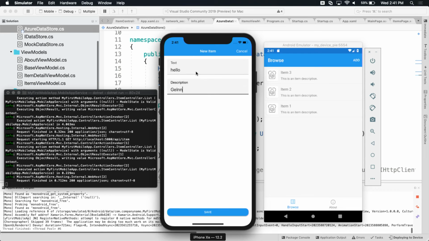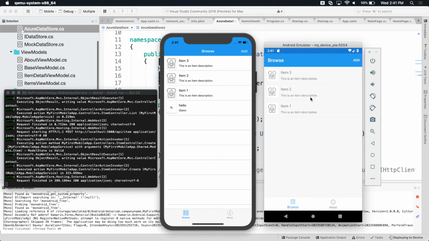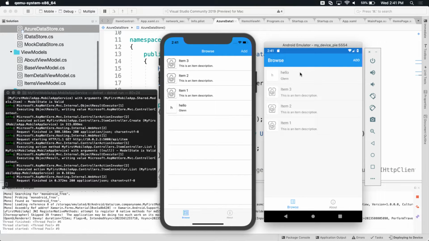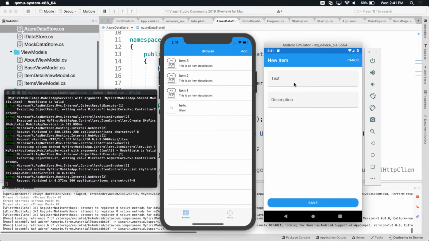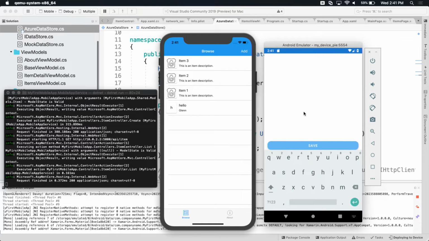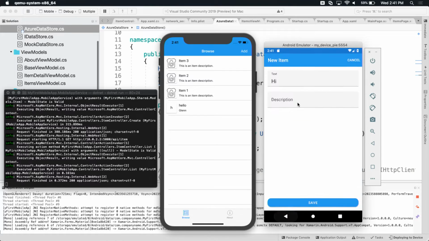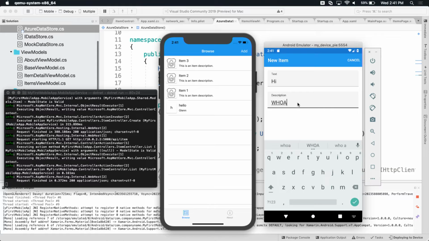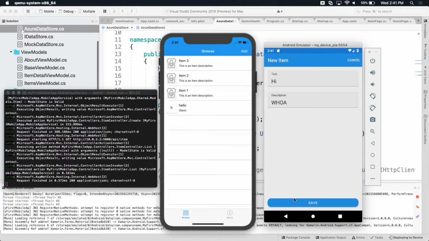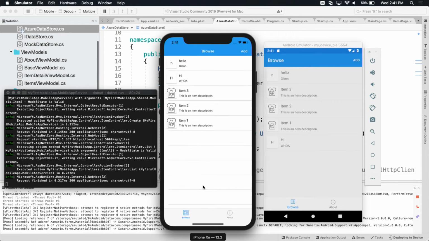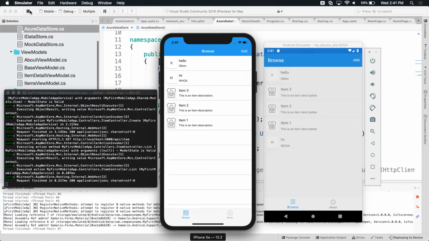hello, Glenn, right? And I go here and I save that. And I see your API scrolling past in the logs in the other window. There you are. And I say hi, and I'm appearing in the other phone. And save that over there. I should probably put in a description. Go ahead and put down that keyboard and then hit save. And I can pull to refresh, and now immediately I can be really productive debugging on my machine, which is cool, and just testing out the UIs across the seemingly 5,000 devices that my boss wants me to support.